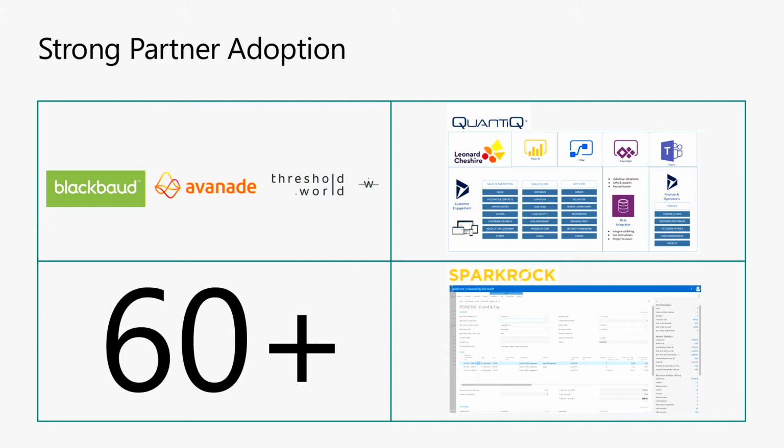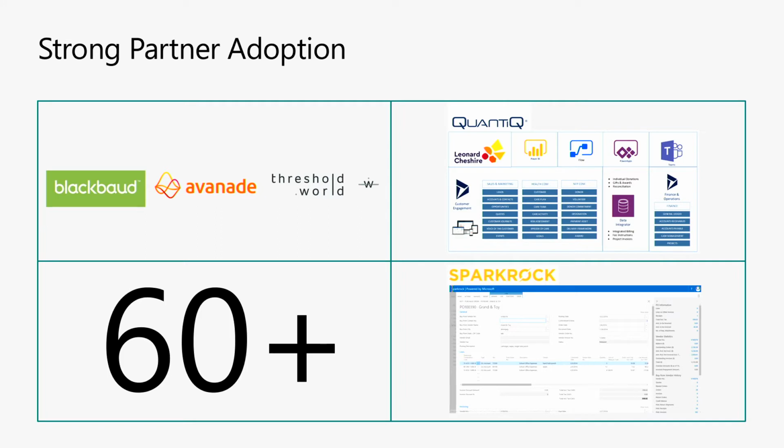And finally, net new partners, partners like Threshold.world, which is a startup begun by Dan Lammot. Dan was the founder and former CEO of Round Corner, Salesforce.org's largest ISV. He left that company to start a new company to work directly with us on realizing the potential that we could reap on Microsoft stack technology for the sector. We have